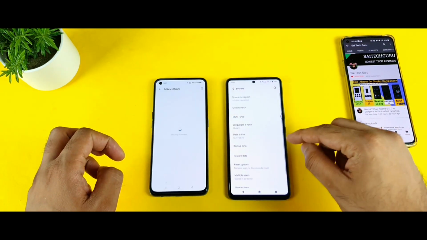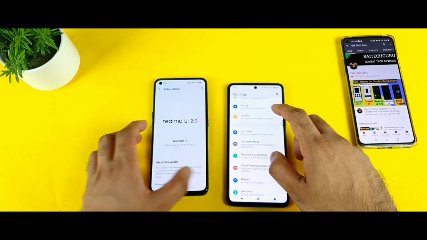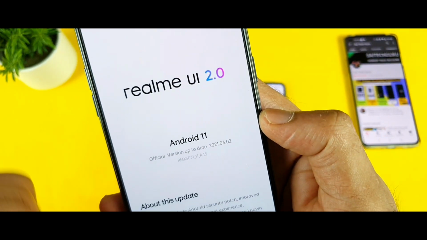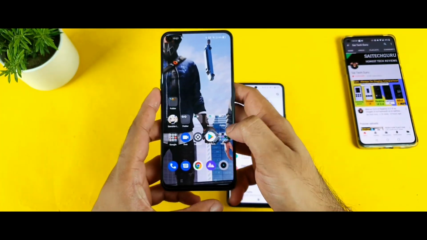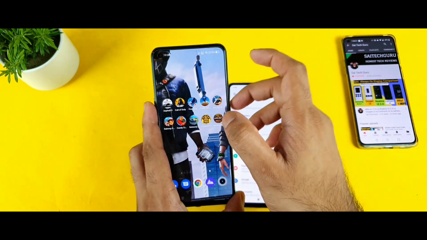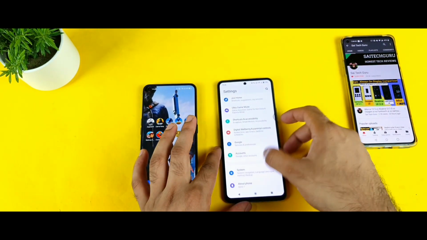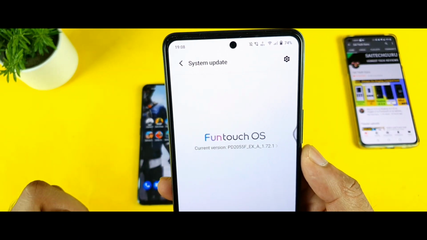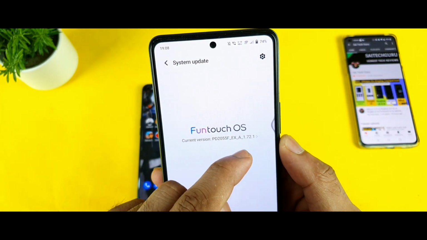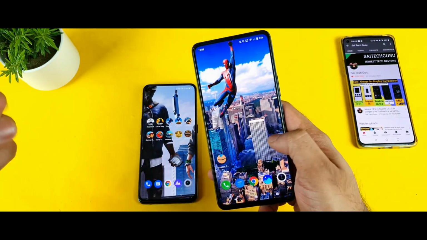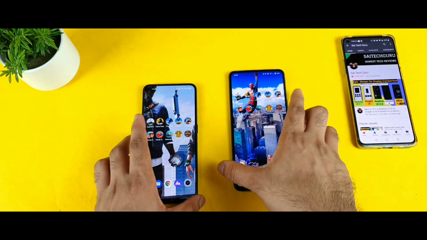And this is the latest software update version which I'm trying to run, as you can see, 11.8.15. This is the latest update which I received this morning only, and a lot of users did question me as well. That is the reason I thought of doing this video, which will be helpful for a lot of users. Let me show you the software version I'm running on my IQ7 device. The IQ7 also received the 1.72.8 version, but I did not get any update regarding that. So in case you get that update, make sure to comment below.